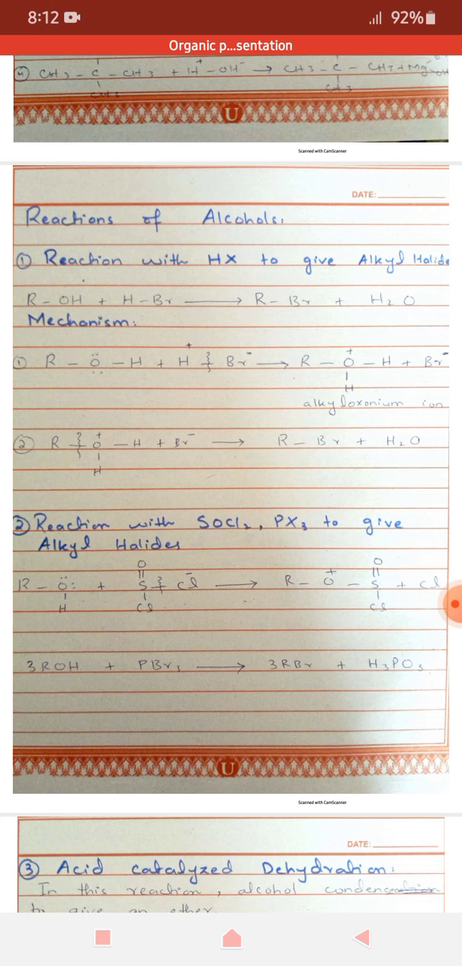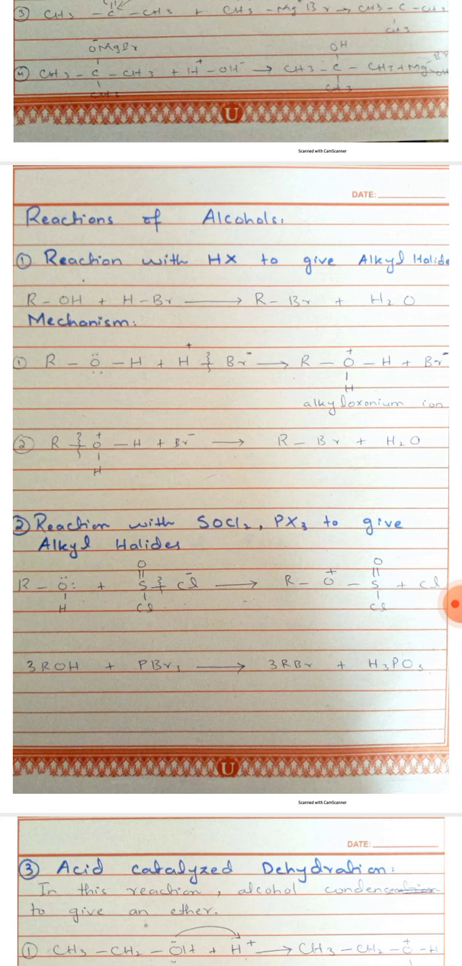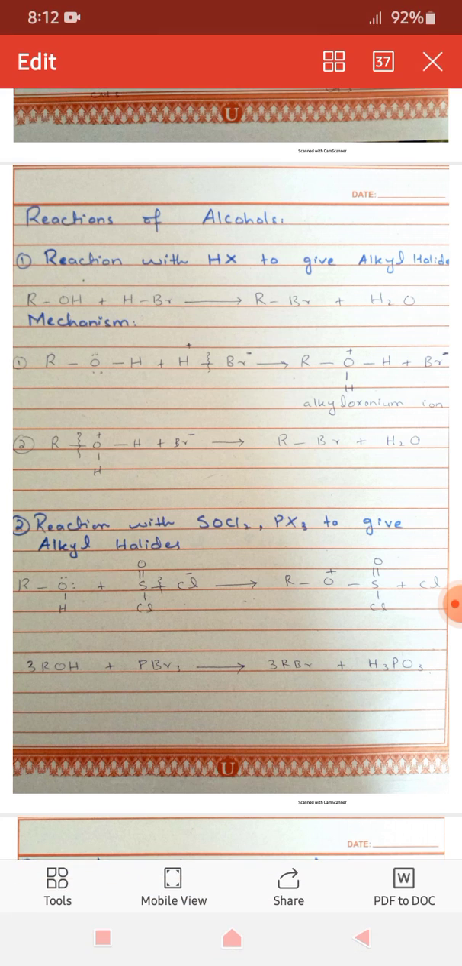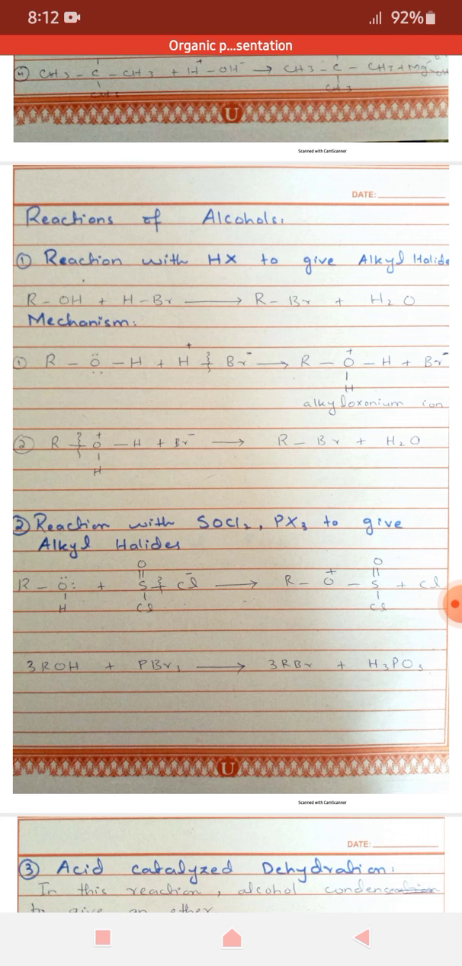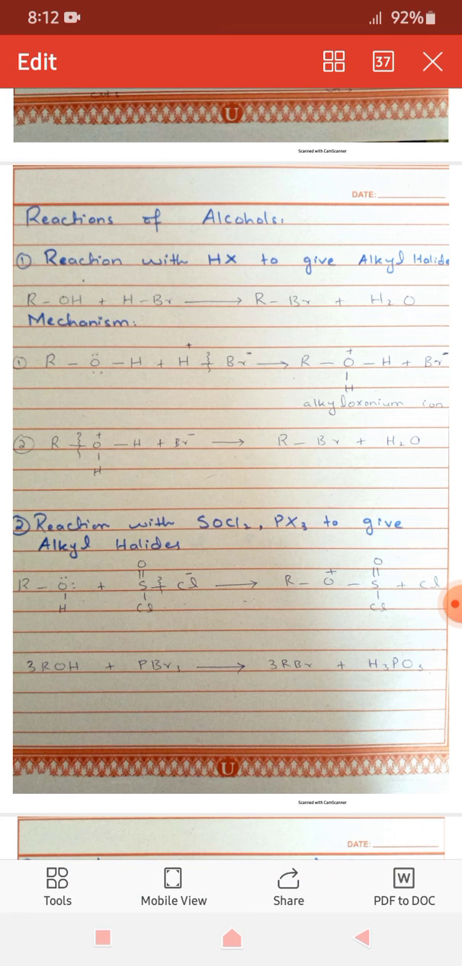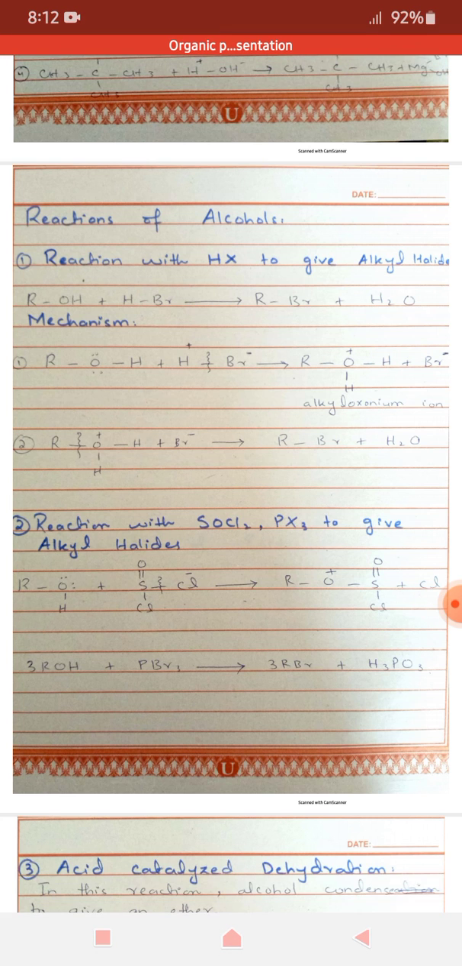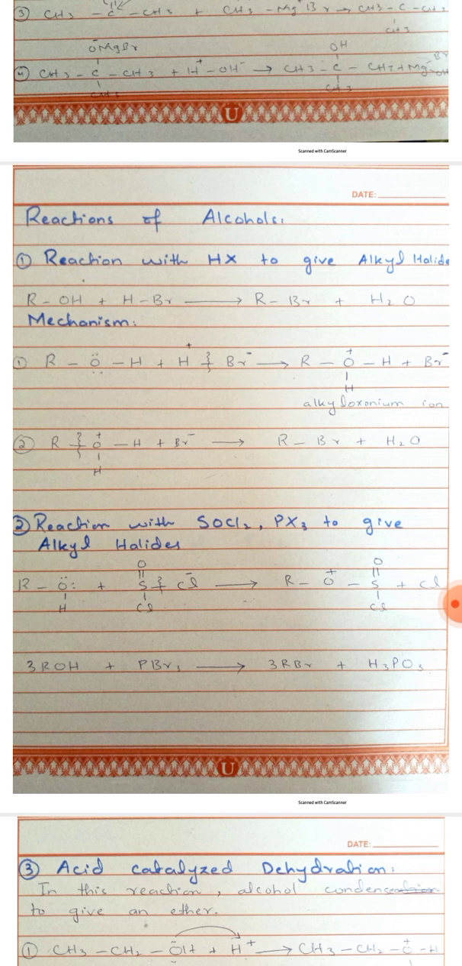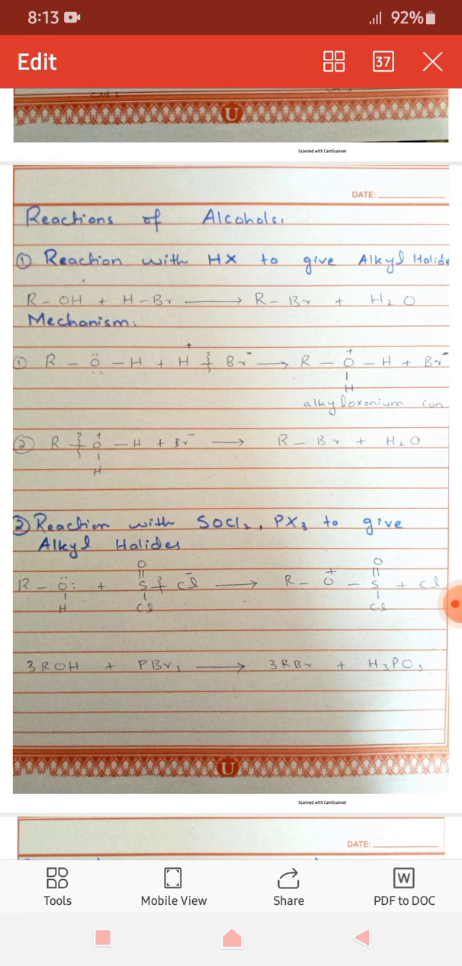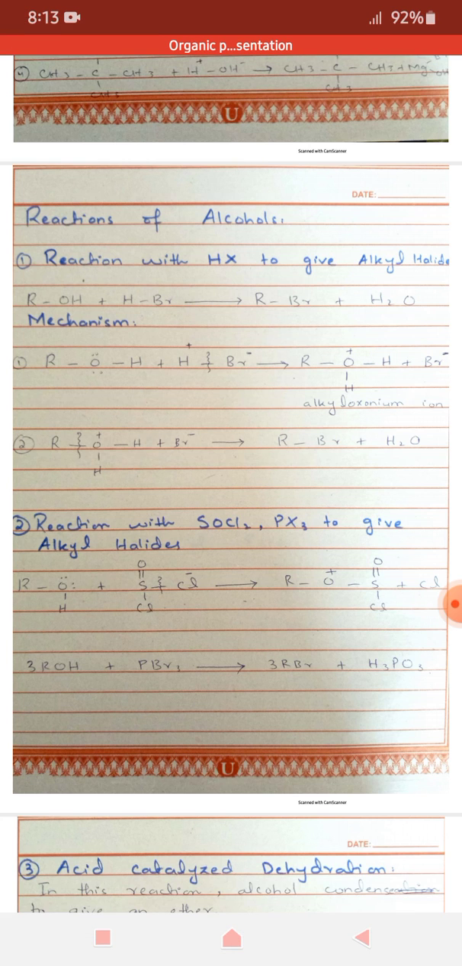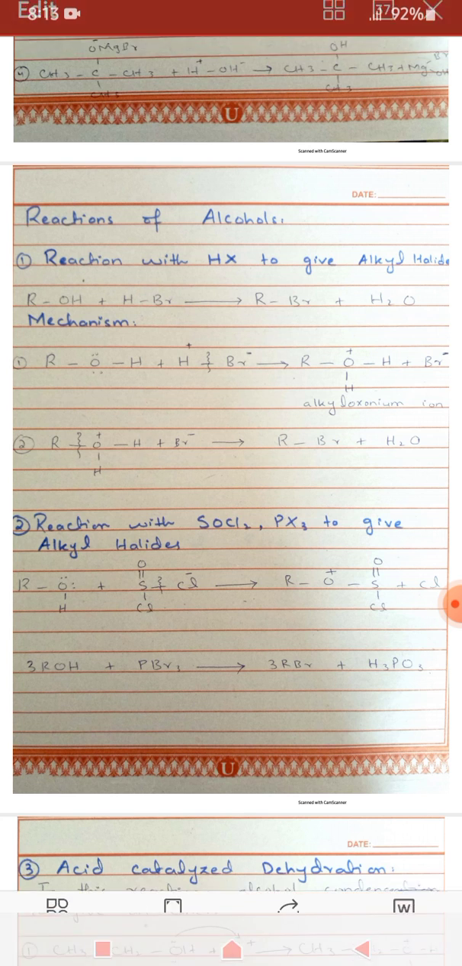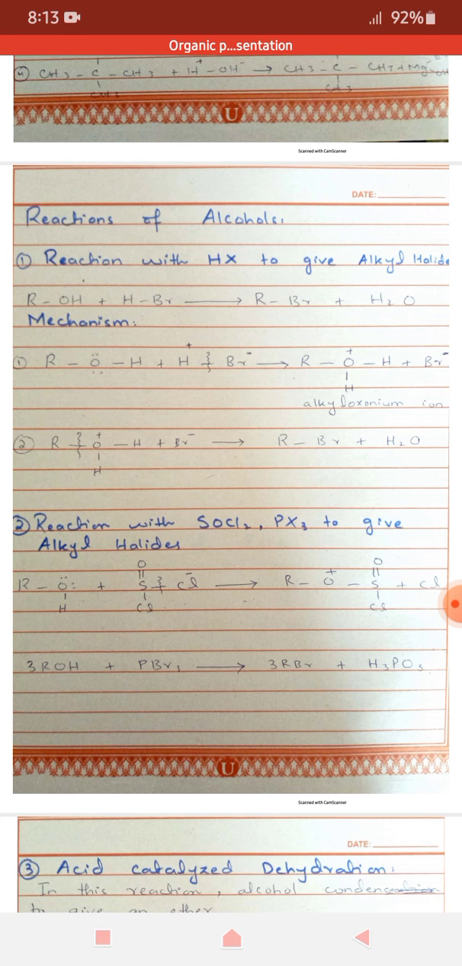First reaction of alcohol is with hydrogen halide to give alkyl halide. The main chain reaction is given. Now as you can see in the mechanism, first the hydrogen bromide bond is broken and alkyl oxonium ion is formed. Alkyl oxonium ion is basically the ion in which oxygen has a trivalent valency. Then in the second step, the alkyl oxonium ion bond is broken and the nucleophile attacks the alkyl group